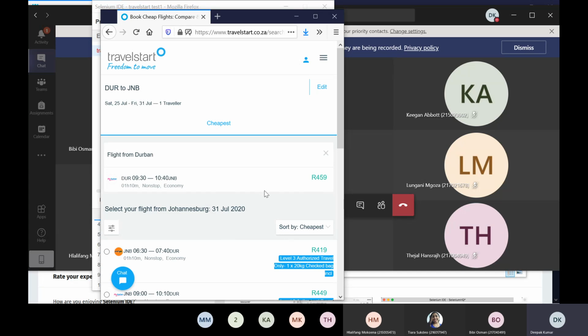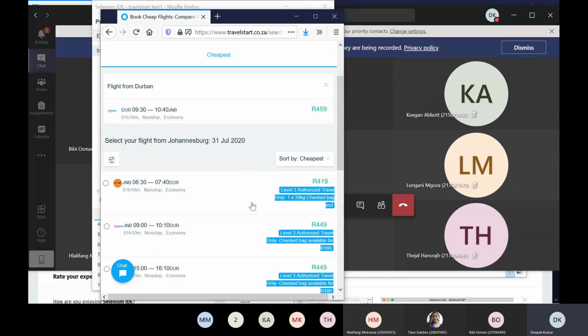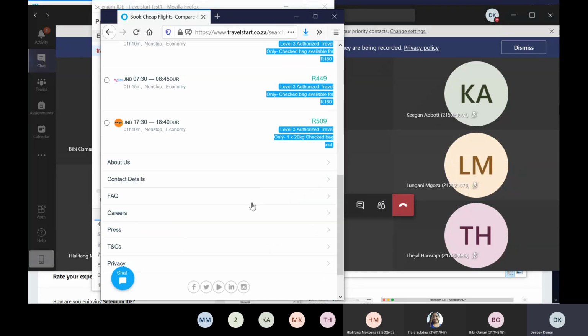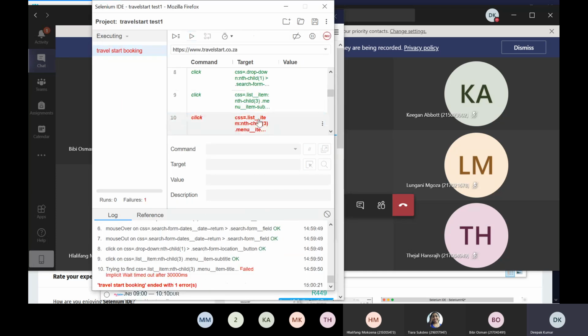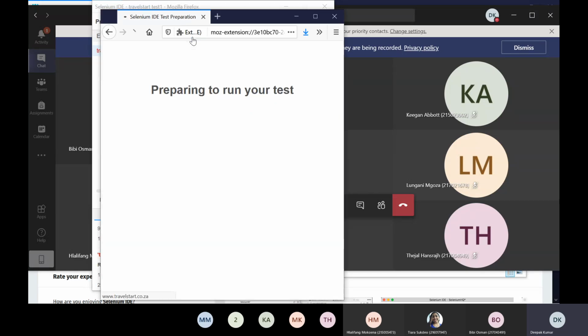This is the cheapest flight. It will ask me to pick the return flight probably from here. So this is the flight which I have got. And okay, there was an error here. As you start waiting, you will get an error. So that's what happens. So I've added a few steps here. If I just want to replay it, you'll see that